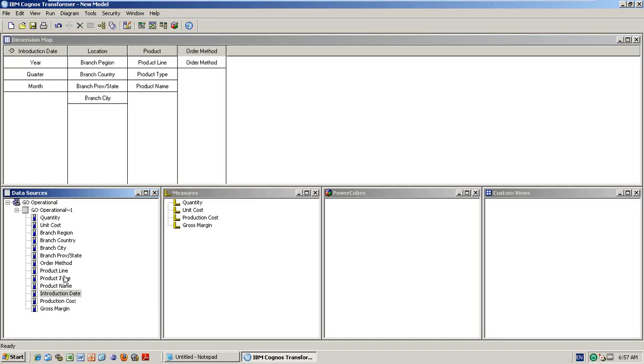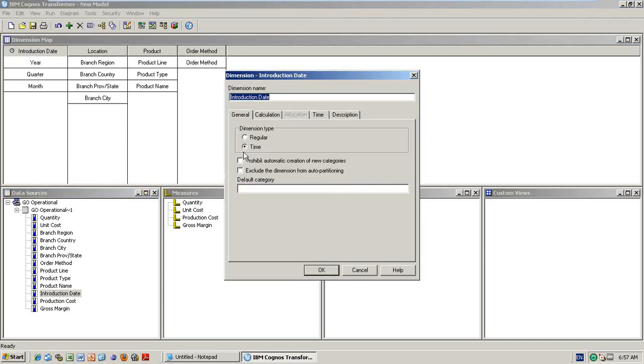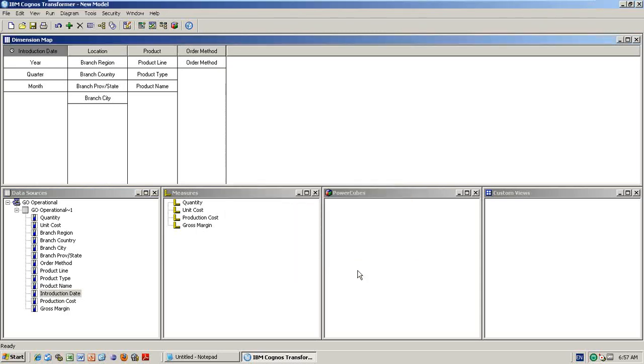See, when you drag the introduction date column, automatically it created the year, quarter, month. You did not drag those, right? Year value, quarter value, it will automatically generate. If you drag any date column, it will automatically populate the date, that is the time dimension. So here in our case, three regular dimensions, one time dimension. But for creating the time dimension, you don't require anything. Just drag and drop the time value, right? So the measure values came. Now the whole structure is created.